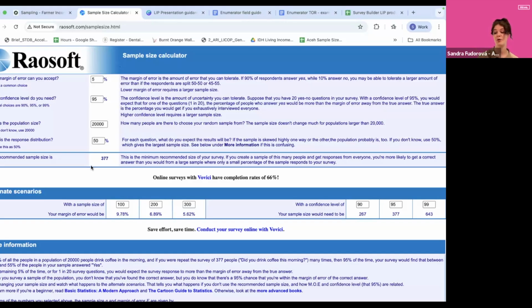I don't know whether more questions came in the chat. Yes, so another set of questions came in, and I think we can give them a couple of minutes before moving on to the next session. So, questions by Nico. Should the sample be stratified by income levels, geographic zones, or production systems? Maybe you can answer first, and then I can come back to the other questions.